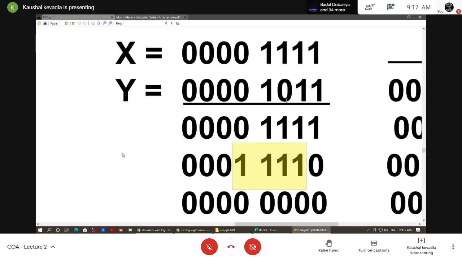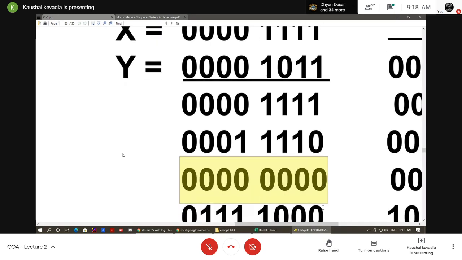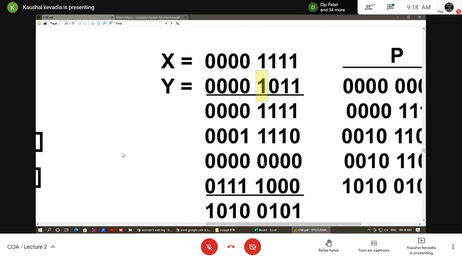Then after that there are zeros. If I multiply 0 with this x, what will we get? All zeros for the third number. For the third digit from the right hand side of y we have a 0. So if we multiply 0 with x, the value we get is all 0. Finally, for the fourth one, again we want to shift left by one time.